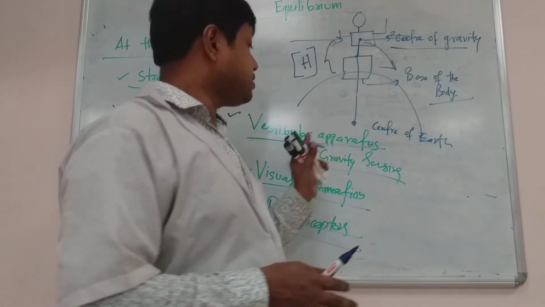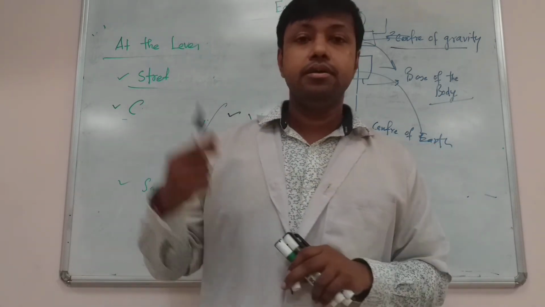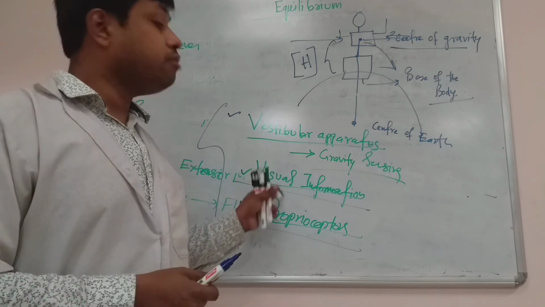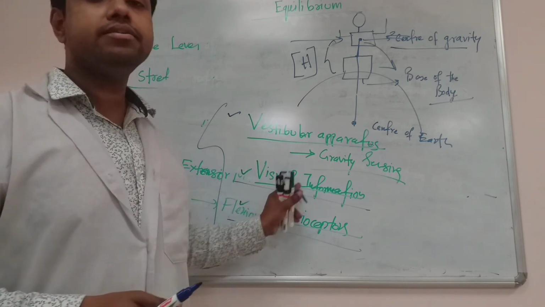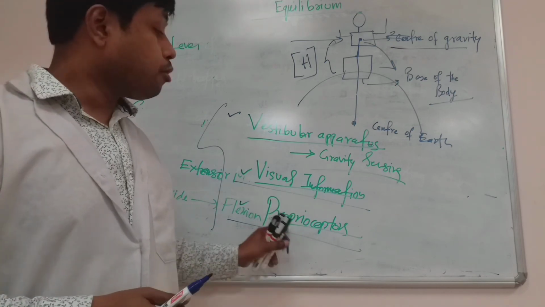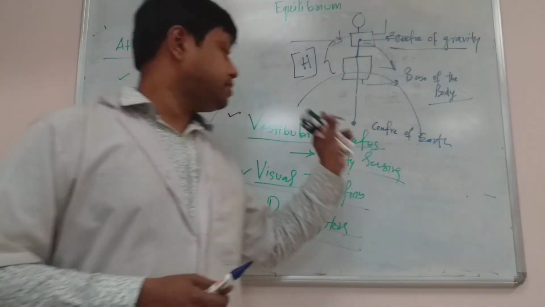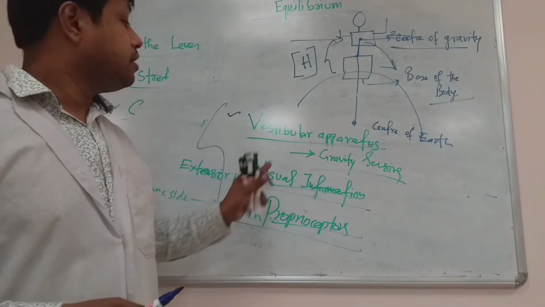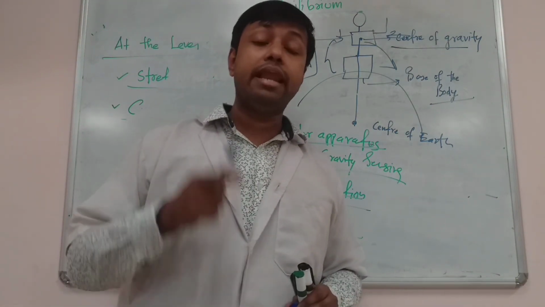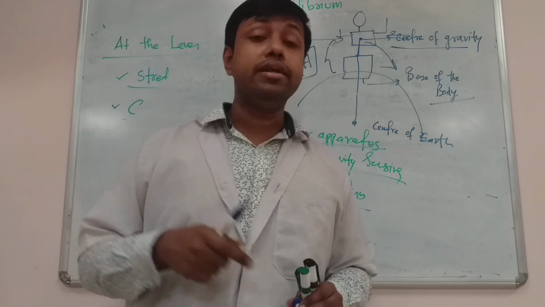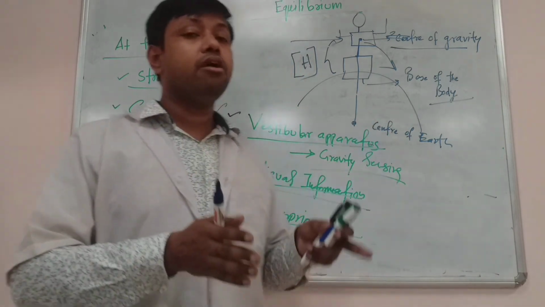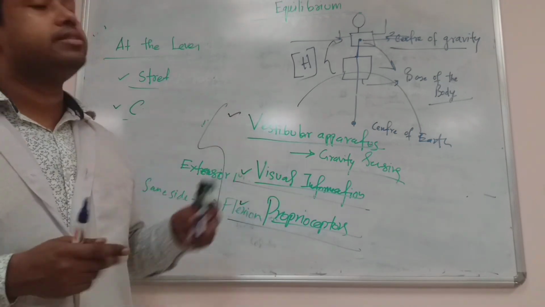Okay. So in various diseases, suppose in the vestibular apparatus or erosion of the cerebellum, or gait disorder, equilibrium may be hampered. Or if the person is blind, then the vestibular apparatus plays an important role there, and proprioceptors also play an important role. So these three important structures, vestibular apparatus, visual information, and proprioceptors, play an important role along with the cerebellum as well as the vestibular nuclei of the brain. These together play an important role in maintenance of equilibrium in the human body.